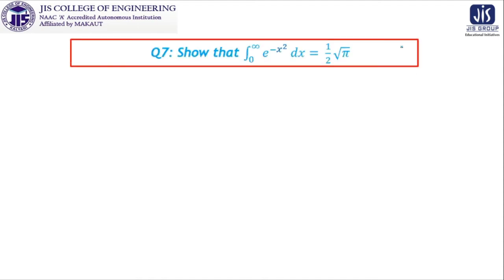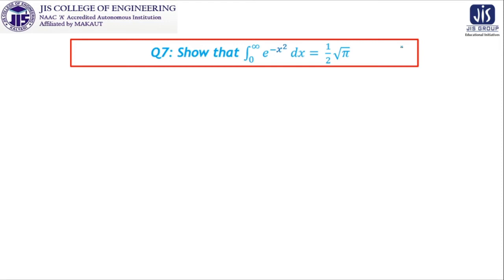Now in the next problem, what we have to show is that the integral of e to the power minus x square dx is 1 by 2 into root over pi. So obviously we have to think in such a way that it will be converted into gamma function. And you know that we need e to the power minus x, or e to the power minus u, or e to the power minus p, not some square form. So this previously known information indicates us to convert this x square into u form.